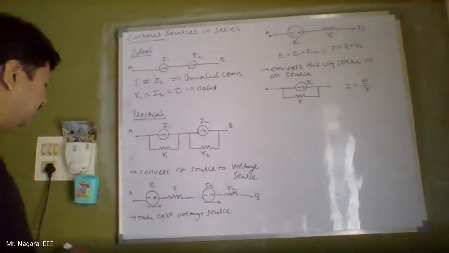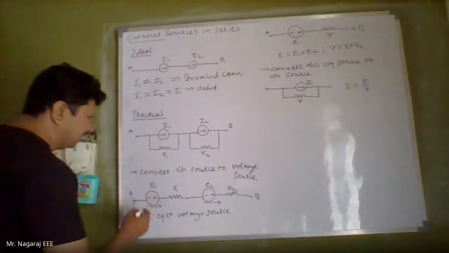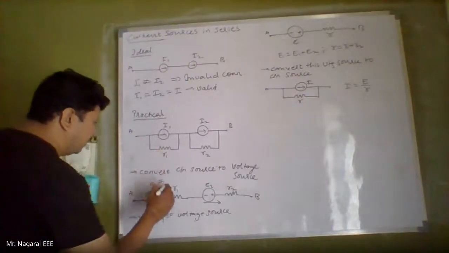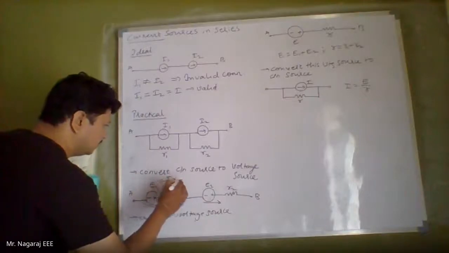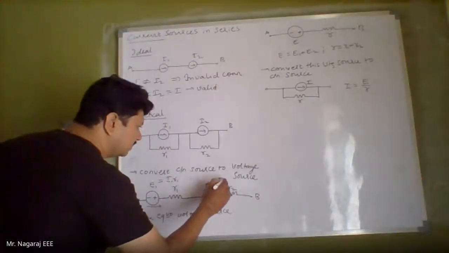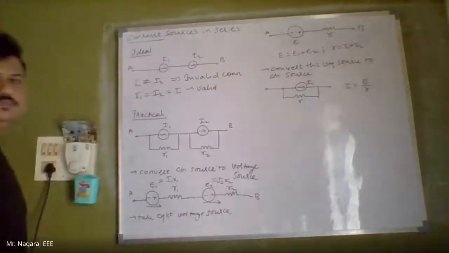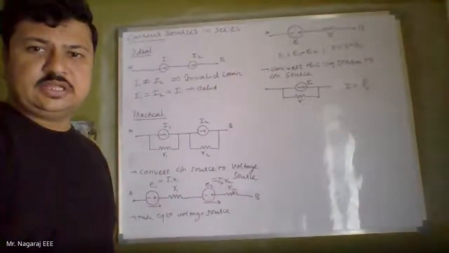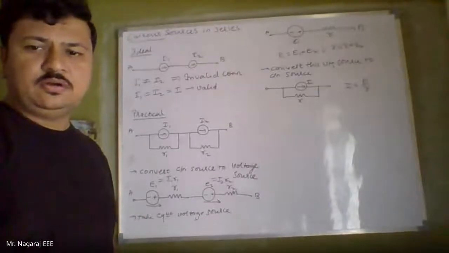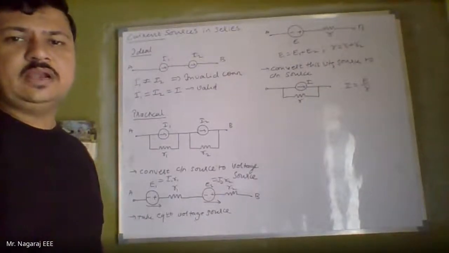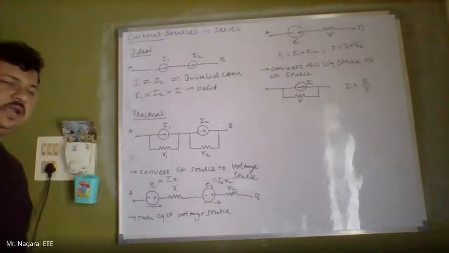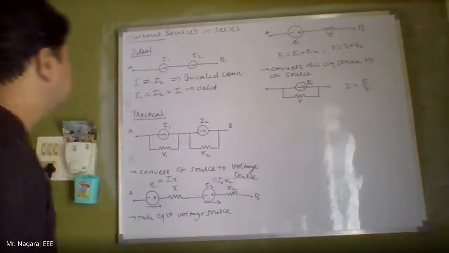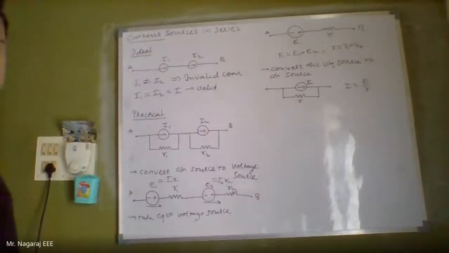And what is E1 here? Now I should be defining what is E1. So E1 is I1 R1 and E2 is I2 R2. So if there are practical current sources connected in series, I have an option to get the equivalent current source. But in ideal current source, it is not possible. Now we'll look into another special case, if there are voltage sources in parallel.